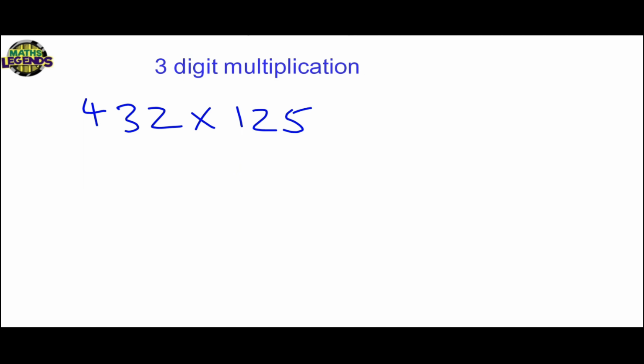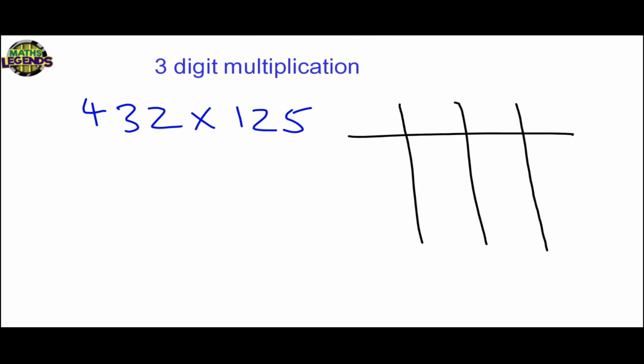So here, we're going to draw a grid. However, we're going to need 3 sections. So 1, 2, 3. And similarly, we're going to need 3 sections going down. We'll come back to this question. We're going to try some easier questions and then we'll come back to this one. So let's say we have the question